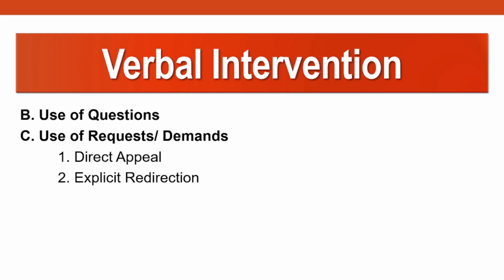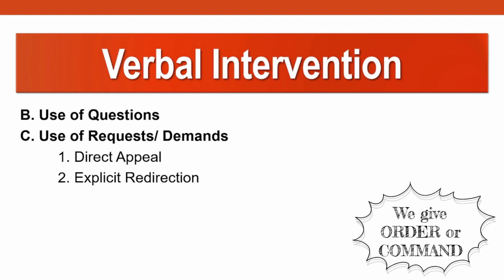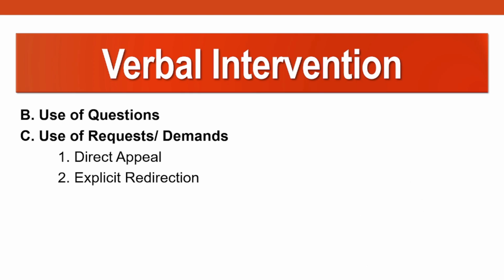For instance, a student, Sarah, is off task, and you say, Miss Sarah, instead of chatting, I need you to start on the assignment now. In explicit redirection, you give a specific and direct command to a student to change their behavior immediately. As you can notice, it is somehow similar to direct appeal. But, again, in this technique, the goal is to quickly redirect the student's attention or actions to the appropriate task